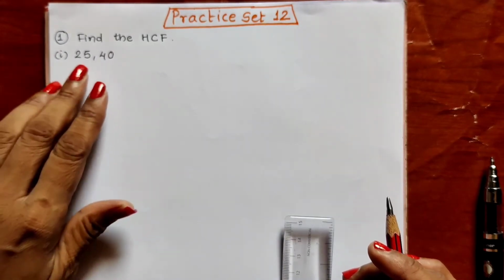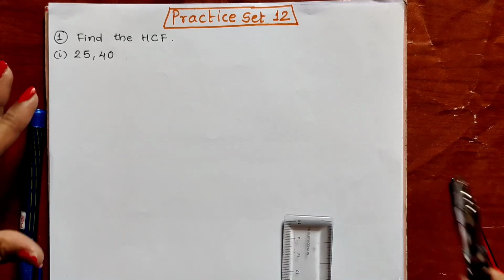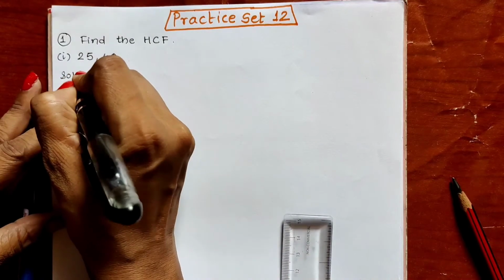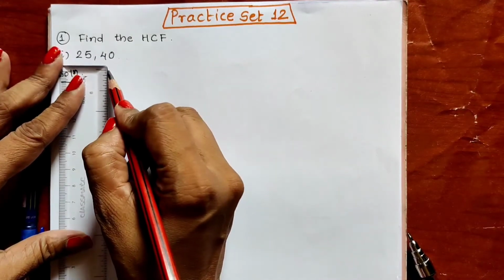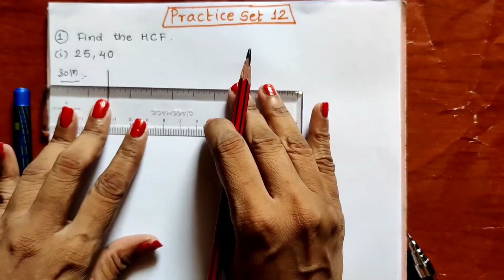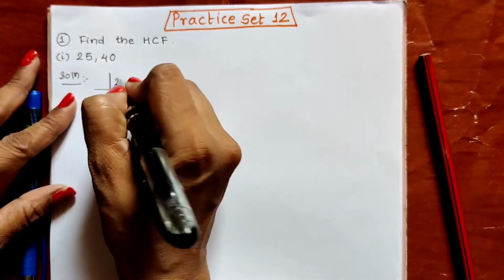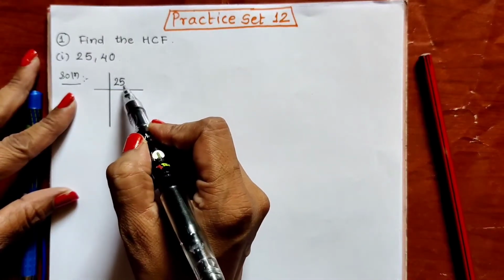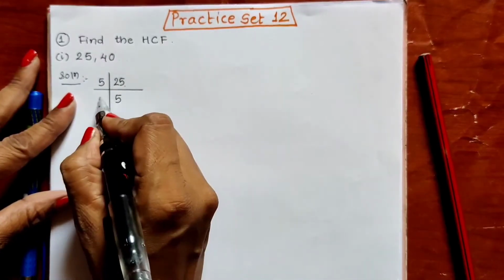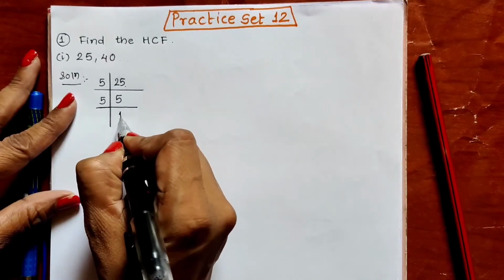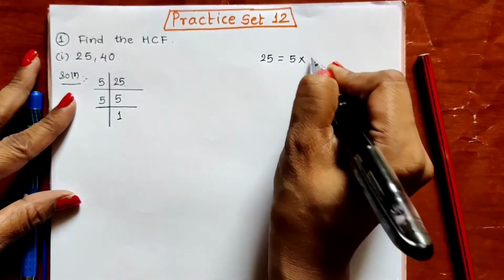First question is, we are having two numbers 25 and 40. We will find out the prime factors of 25 and 40 first. So solution I am going to write here. In solution we first find out the prime factors of 25. 5 is there in the unit place. This number is divisible by 5. So 5 fives are 25, we all know. And then 5 ones are 5. So in this way, the factors of 25 are 5 into 5.